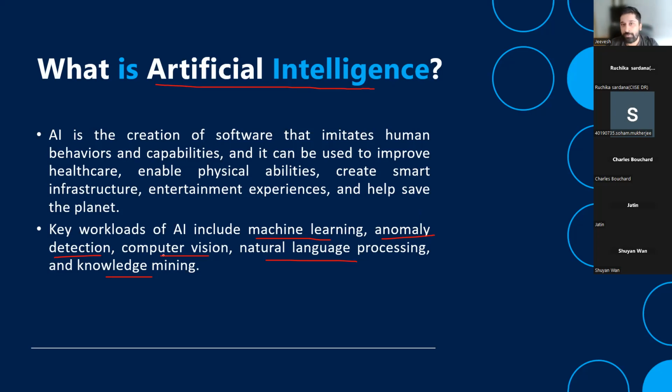Moving on to computer vision, which is the computer analyzing real world images and videos for you. A very good example of computer vision would be Tesla, where you have a lot of sensors, a lot of cameras, and a vehicle is able to identify what is in front of it, and that gives it self-driving capabilities. We're going to talk about each one of them later, so I'm just introducing them to you at this stage. Moving on is natural language processing.